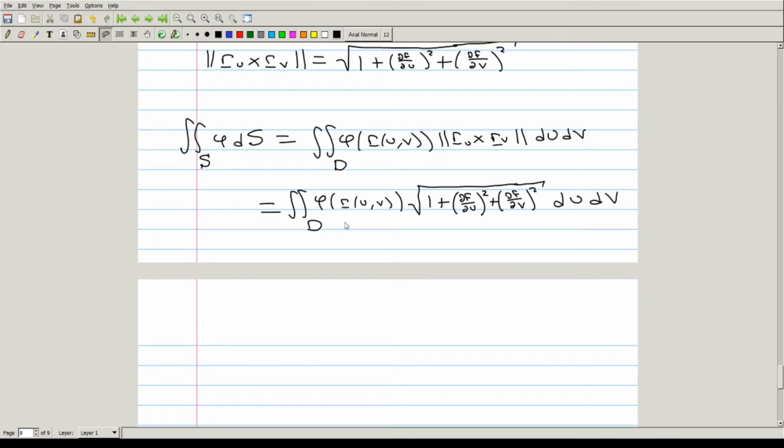But the point here is that this is a very, very useful formula for surfaces that can be written like this, and it greatly simplifies the process of going through and calculating. So for instance, let's consider the following example. We'll consider finding the surface integral